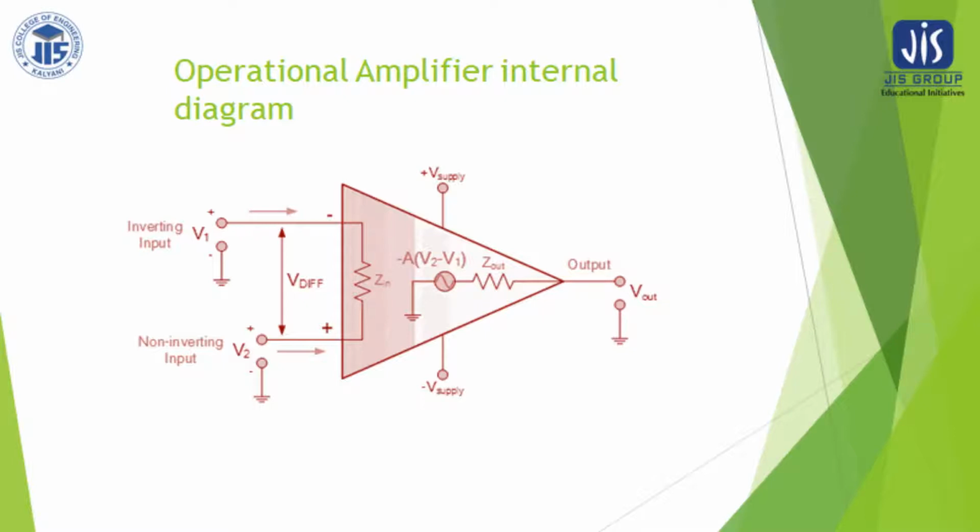An operational amplifier is nothing but a multi-terminal device. It is also a transistorized device, and it has various parameters which give us voltage amplification in a better way. That is, it has high input impedance, low output impedance, high operating bandwidth, and the voltage gain is also very high. There is a parameter called common mode rejection ratio, which is also infinity in the ideal situation, but practically it is very high.